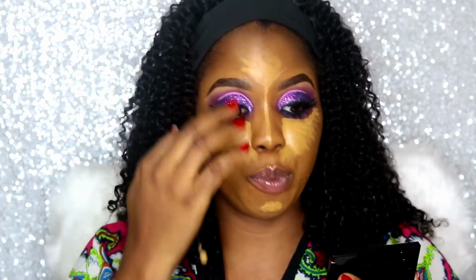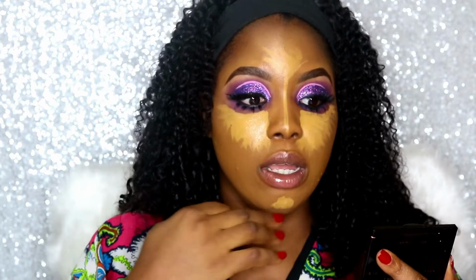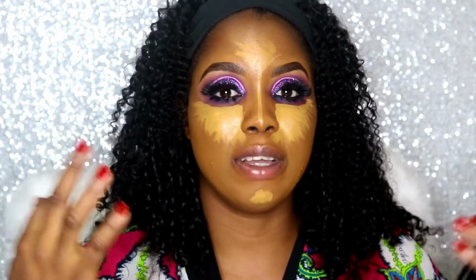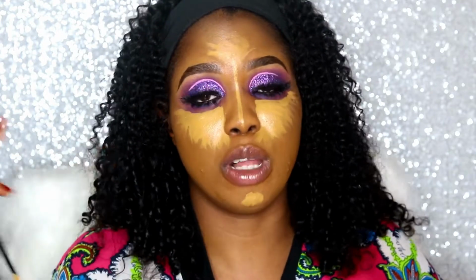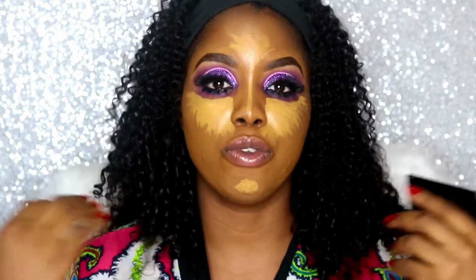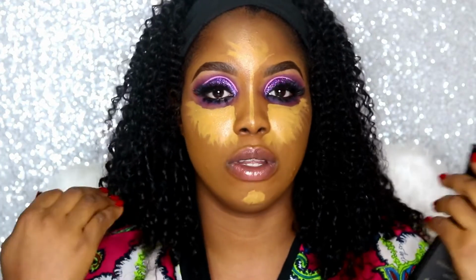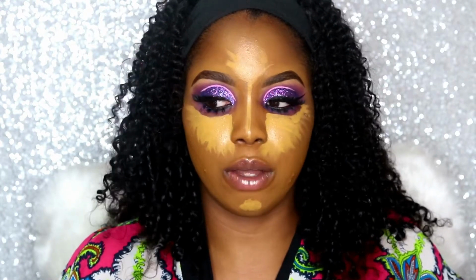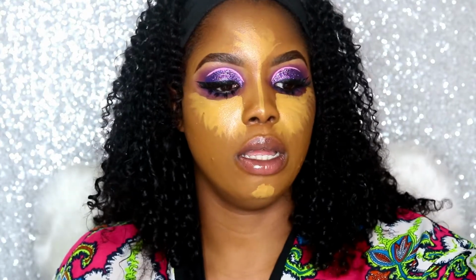Do you get? So now that I've put it under our eyes and our forehead and our chin and our nose, it just brings light to those areas, because it's all about illusion. It makes anyone looking at you focus on those areas as opposed to areas that you've contoured or hidden with the dark foundation or concealer. So I'm going to go ahead and blend that out with my